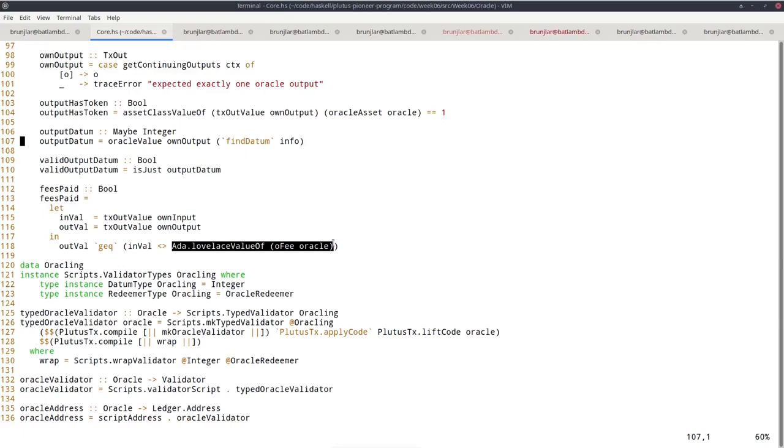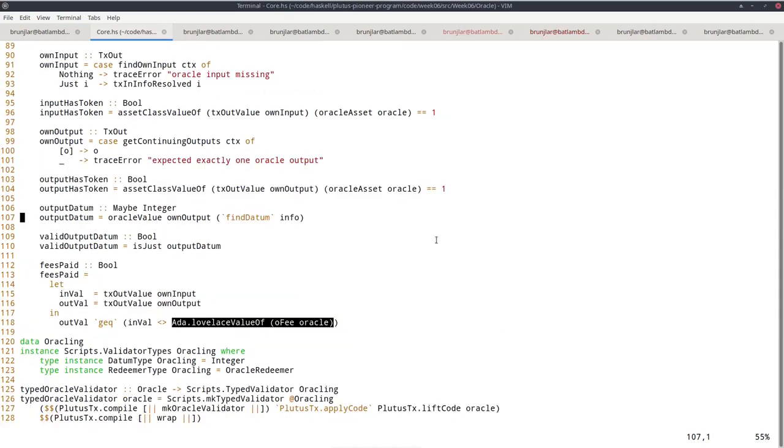And remember, in the example, on the input side there was just the NFT in the value, and on the output side there was the NFT and one ADA fee. And then in the next step, there was an update, so the operator collected that fee immediately. But this is now designed in a way that the operator doesn't have to collect all the time. So there can be several uses where fees accumulate over time. And then with the next update, the operator can collect all of them in one go. Okay, this is basically the core business logic of the oracle. This is now in code what I tried to explain earlier when I showed the diagrams.